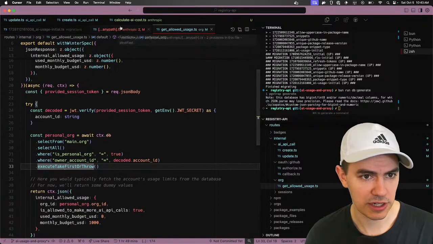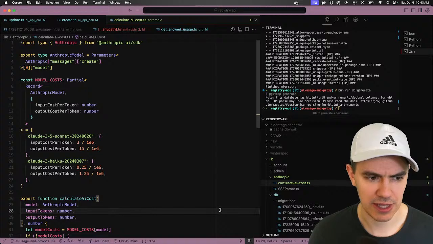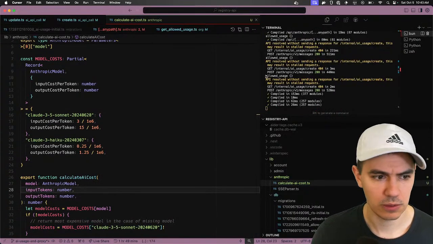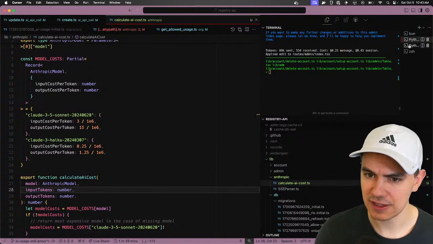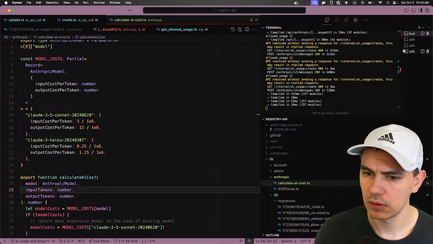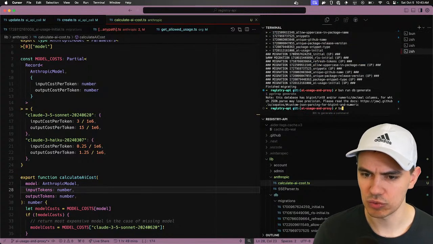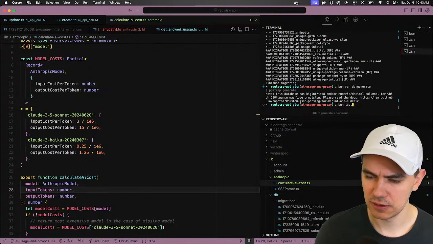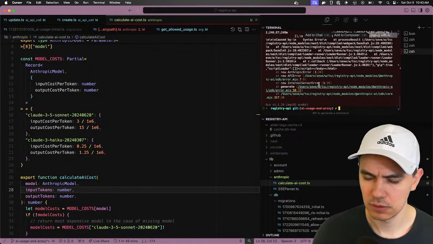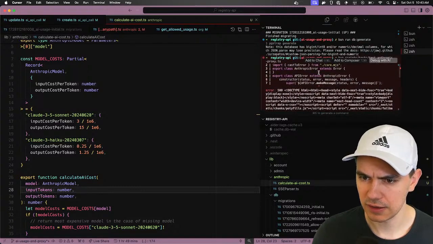This is pretty good. This should mean we can now create API usage calls. So I don't know if I need to change anything. Let's just run our test file. Okay, failed.